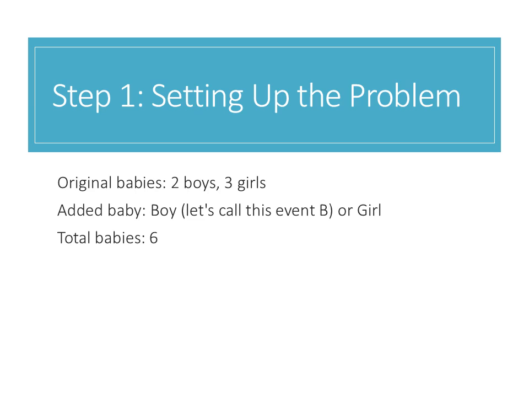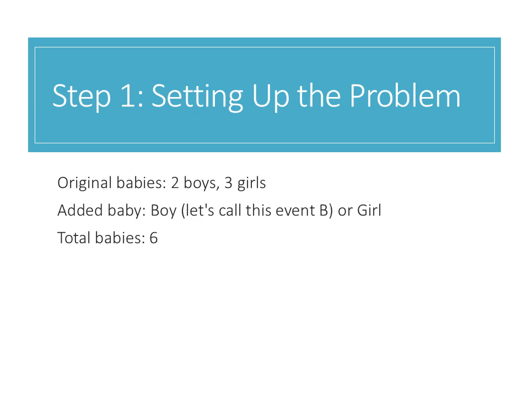We start by clarifying the scenario. In the room, there are 2 boys and 3 girls, making 5 babies. One more baby is added, but we don't know their sex. There are 2 possible cases. Either the added baby is a boy, which we'll call event B, or the added baby is a girl. In total, after the new baby joins, we have 6 babies in the room. Our goal is to figure out, given that we randomly picked a boy, what is the probability that the added